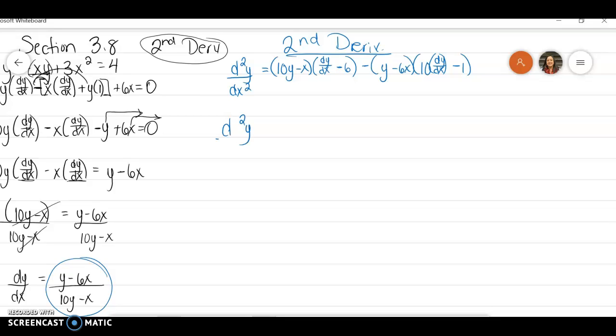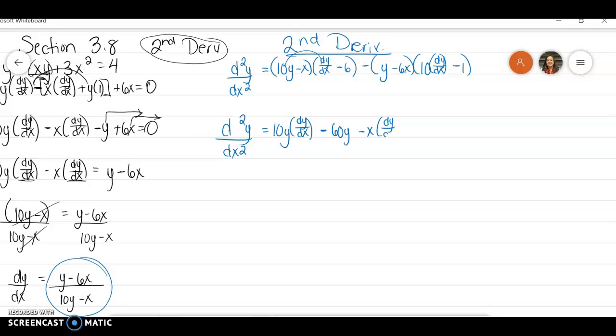So the second derivative is going to be equal to, let's see, what can I do here? I want to get rid of this minus sign and multiply everything out. I want to write it in expanded form, so I have to use my distributive property. We're going to use our FOIL method. So that would give me 10y dy over dx minus 60y minus x